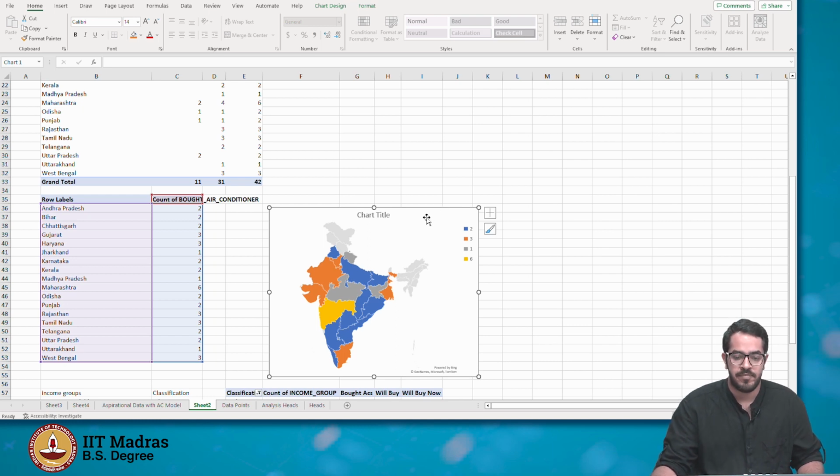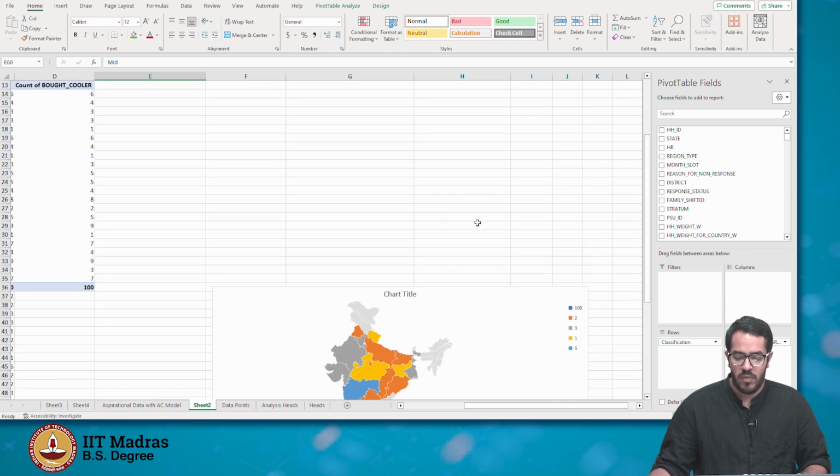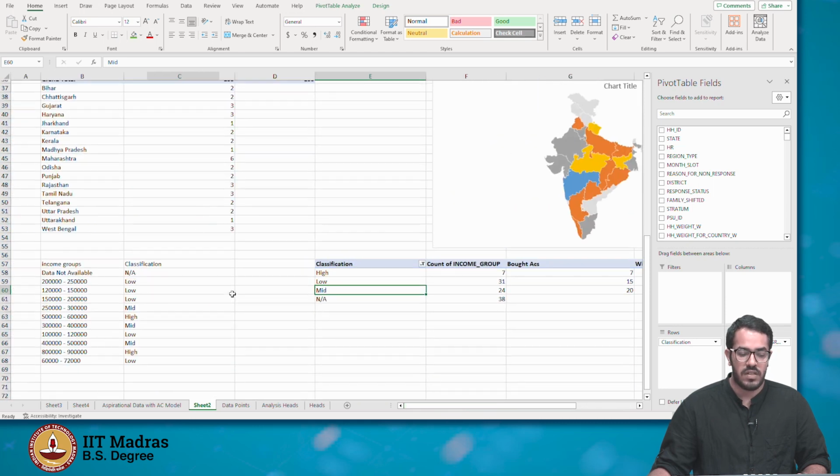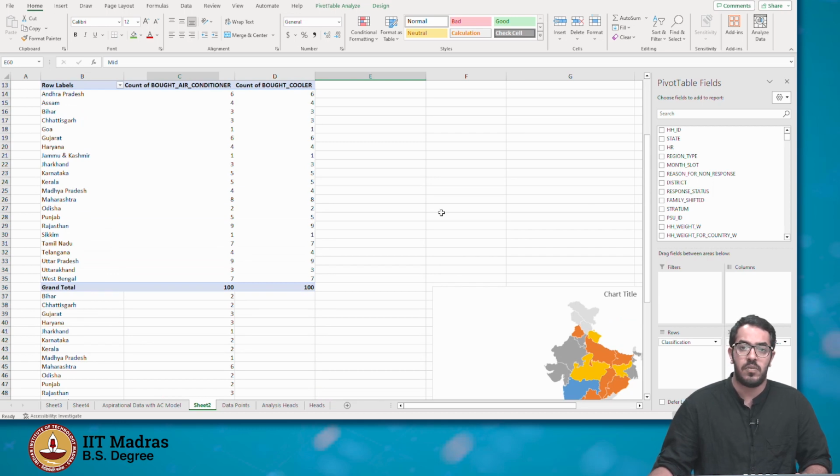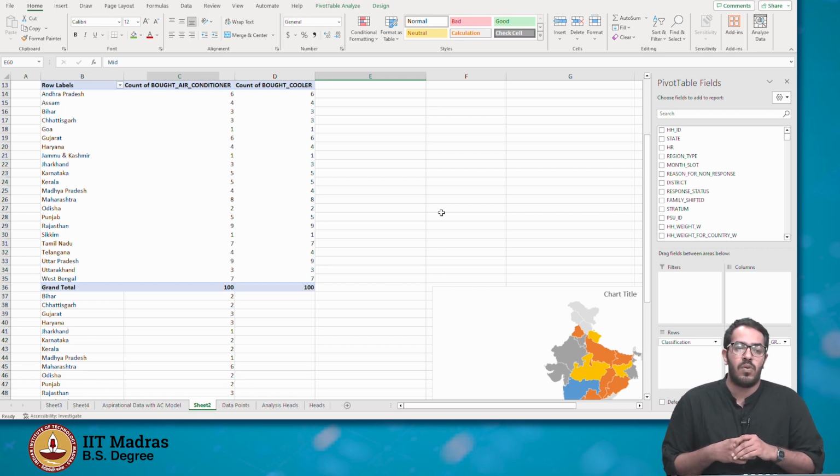Now we have more data related to coolers, whether they have bought coolers, whether they are intending to buy coolers, and of course the states that they are belonging from. So accordingly we can do a similar analysis of coolers and ACs, and we can also do a comparative analysis of the people who have already bought coolers, whether they are from the low income category, and whether they show interest in buying ACs in the future or buying ACs right now, whether there is a transition